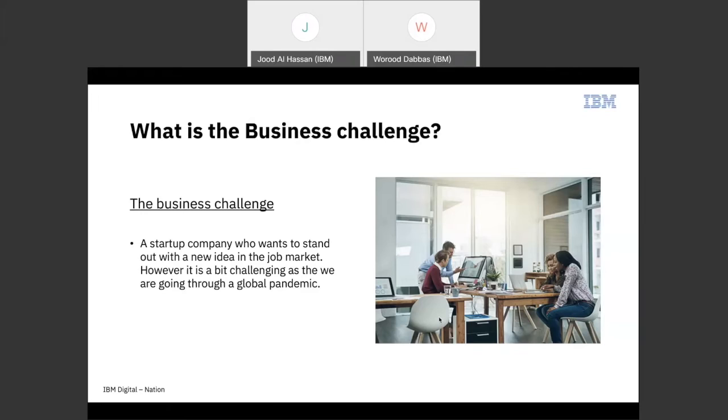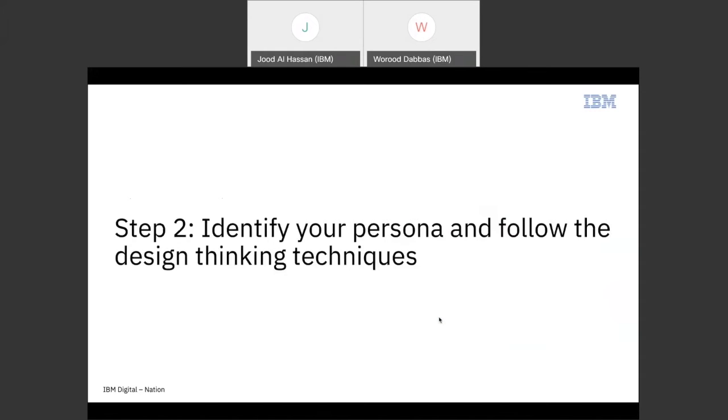So their challenge was focusing on how they can come up with an idea that will stand out through this pandemic. So they decided to do a design thinking workshop, and they tried to follow the techniques that design thinking has, and they went through the journey that I'll just tell you all about. So they identified the persona,